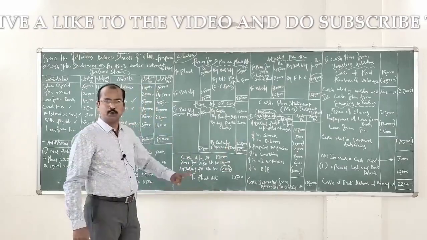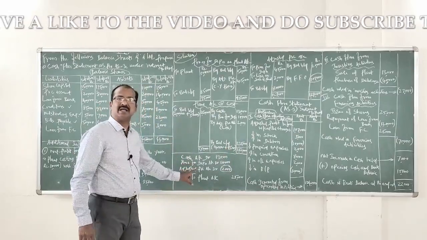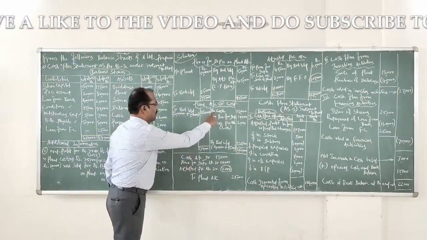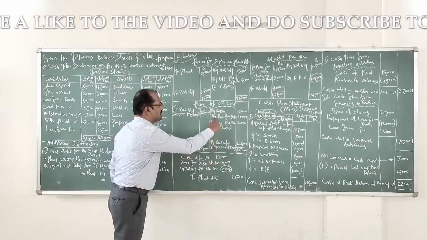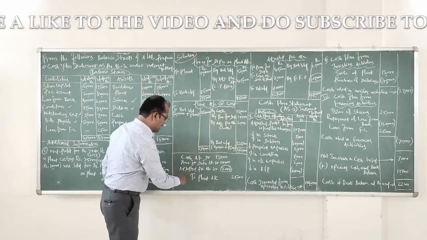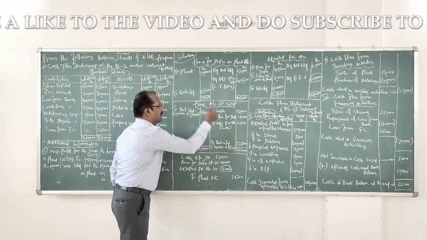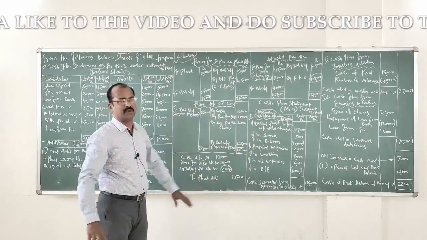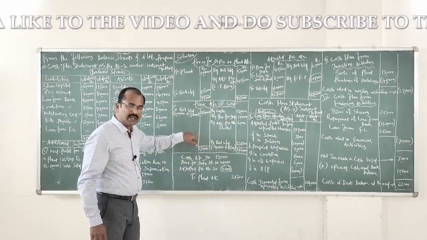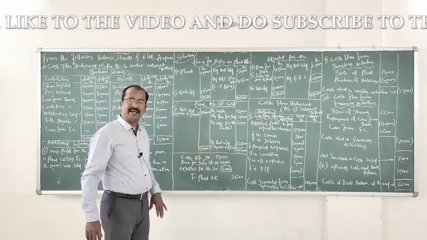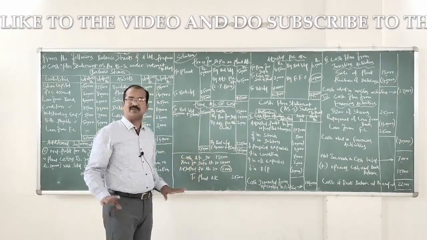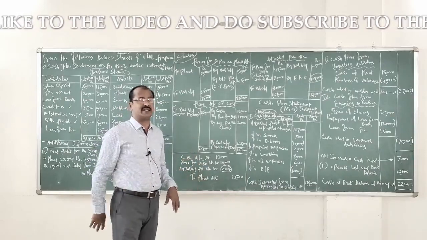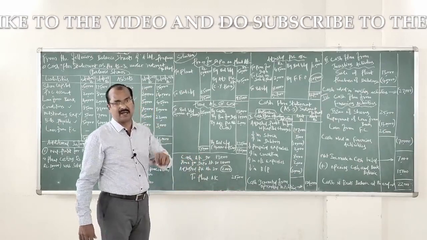Now let us do posting of this combined journal entry in the plant account. Yes, cash account debit, provision for depreciation on plant account debit, adjusted profit and loss account debit to plant account. So we have made posting of this particular journal entry. Now if you look at the plant account, it tallies exactly with the total of 2,50,000 on both sides. Therefore, there is no other hidden information with regard to plant account.